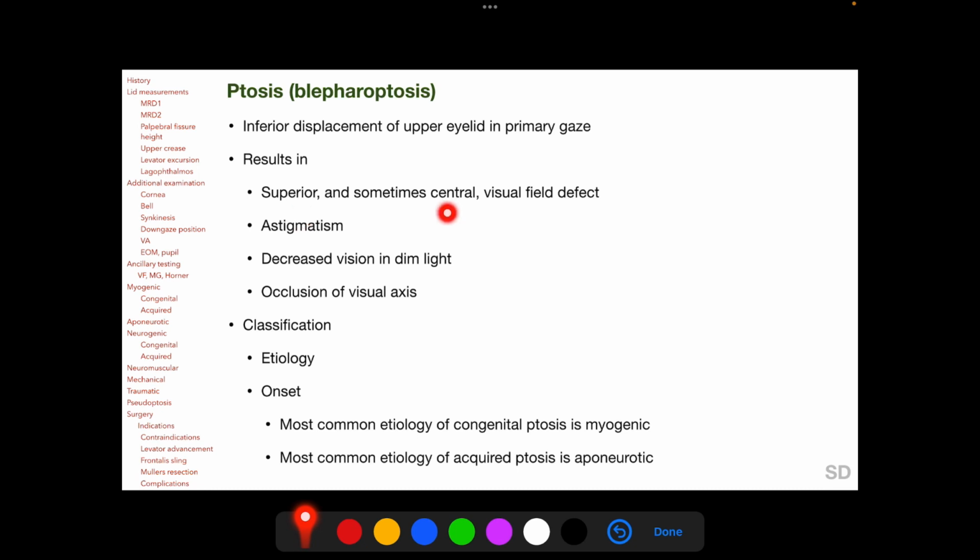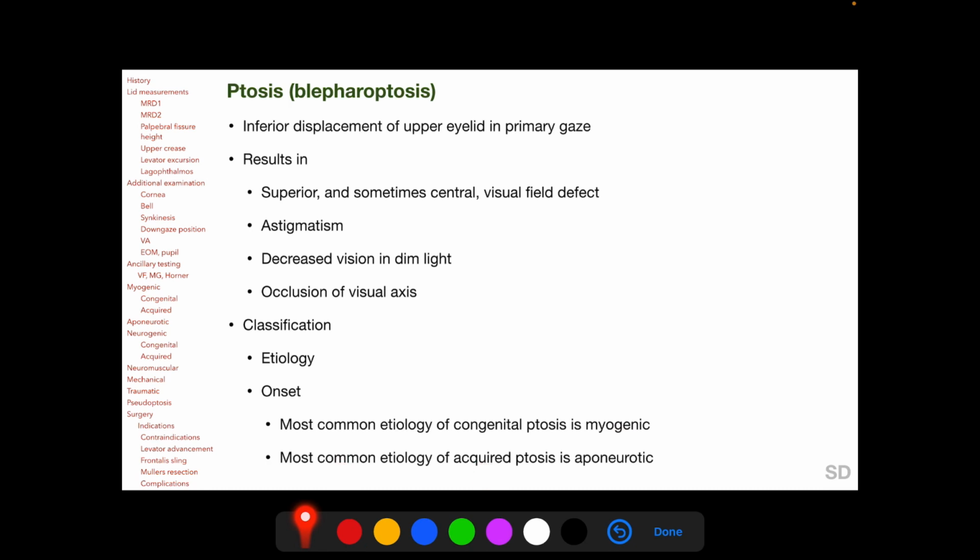and sometimes central visual field defect, astigmatism, decreased vision in dim light, and occlusion of visual axis if ptosis is severe. Ptosis can be classified by its etiology as neurogenic, neuromuscular, myogenic, aponeurotic, and traumatic. And ptosis can be classified by its onset, with congenital ptosis being most commonly myogenic and acquired adult onset ptosis